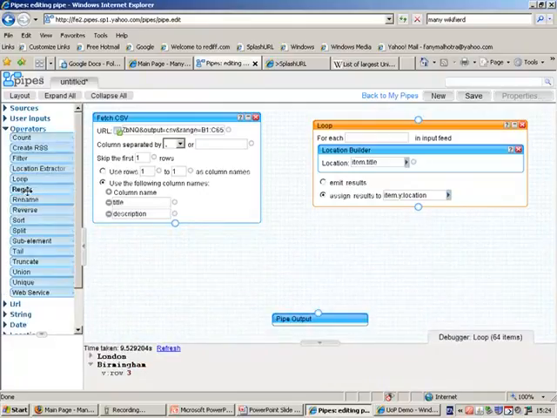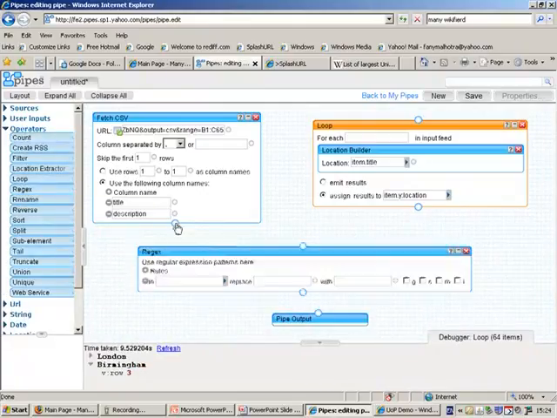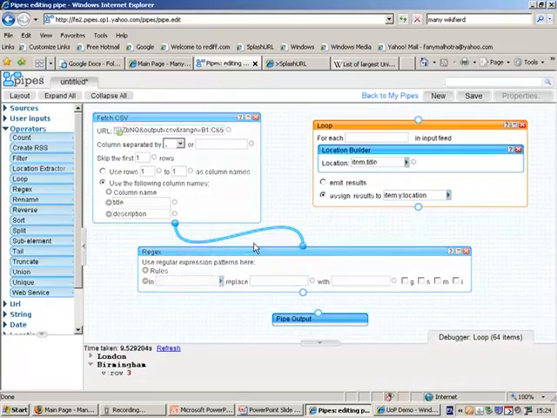I'm going to use a block called regex, which is short for regular expression. So how many of you are familiar with regular expressions? Okay, a few admitting to it. Regular expressions are string manipulation expressions. They allow you to match patterns in strings of characters and do manipulations with it. So it's one way of tidying up. If you want to do a block replace of something in a text file, you can use a regular